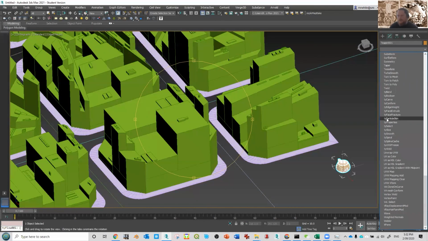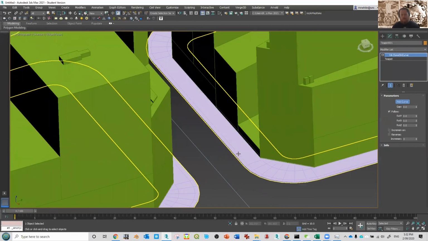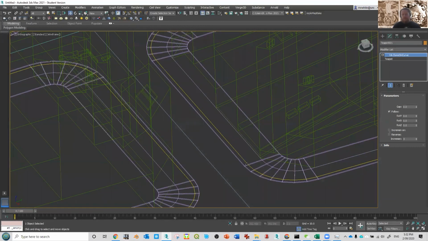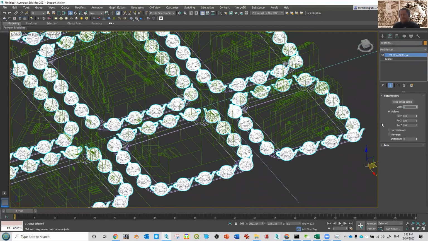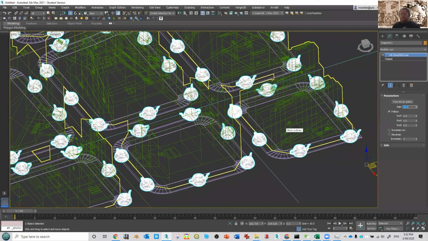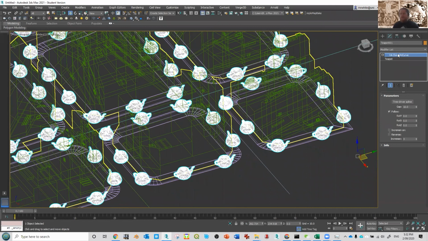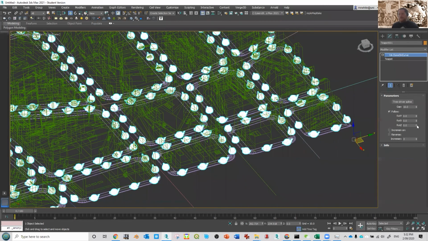You could use that. I think Var, our good friend Var, has one of those. Where is it? Clone on curve. So that one's pretty nice, pretty simple. You select your thing, you pick your curve, and there they are. You can change the frequency. Not too bad. But it does require you to download another plugin, which we won't do. It's got a few parameters that are kind of nice, but